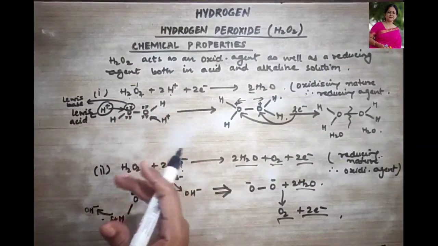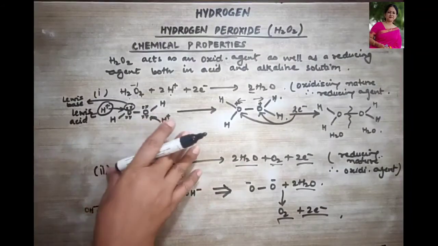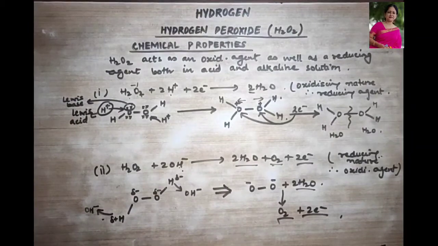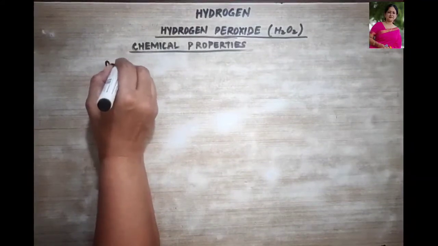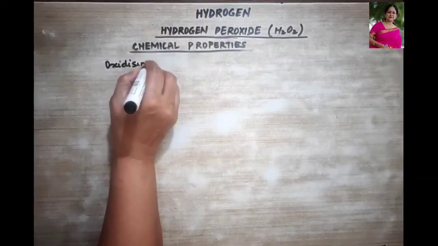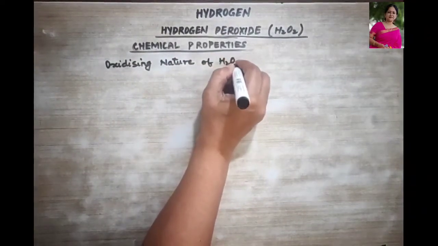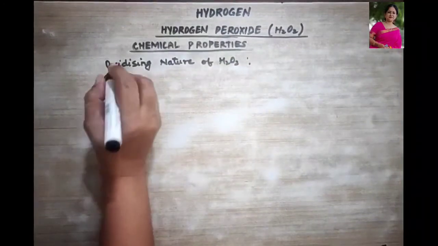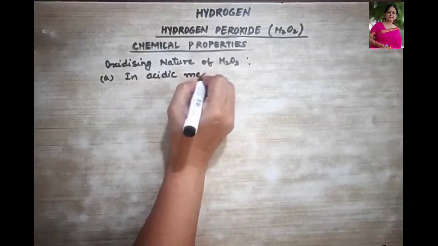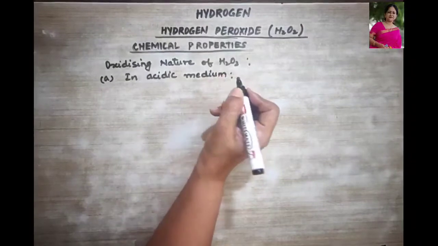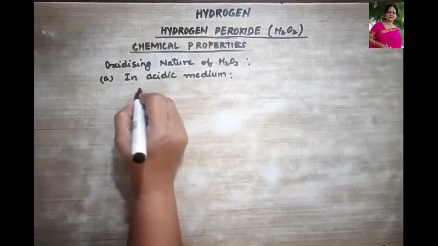Now we are going to understand some of the reactions where hydrogen peroxide acts as a reducing nature or as an oxidizing nature. So let us begin with the oxidizing nature of hydrogen peroxide. So firstly we are going to study it in the acidic medium. Okay. So let's take a few reactions to understand over here,